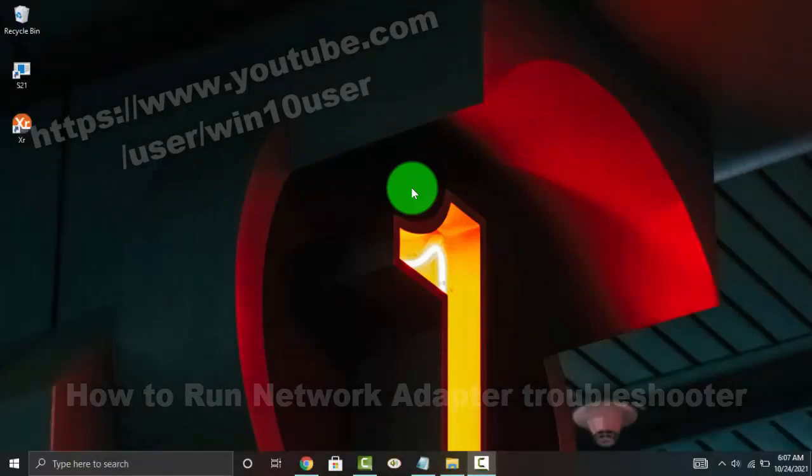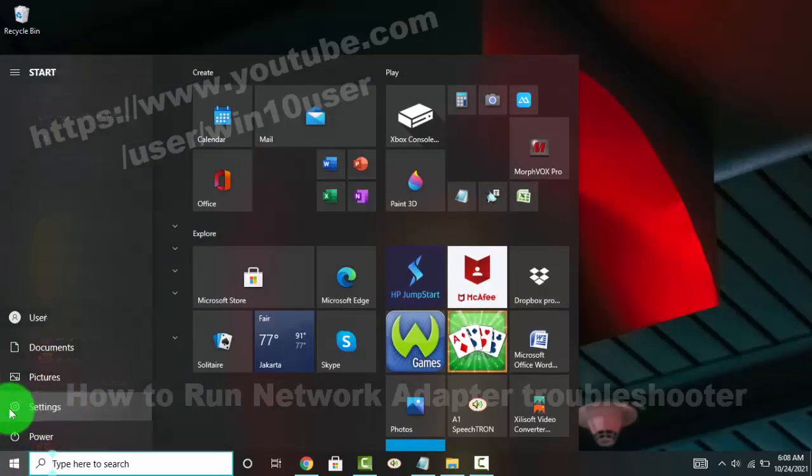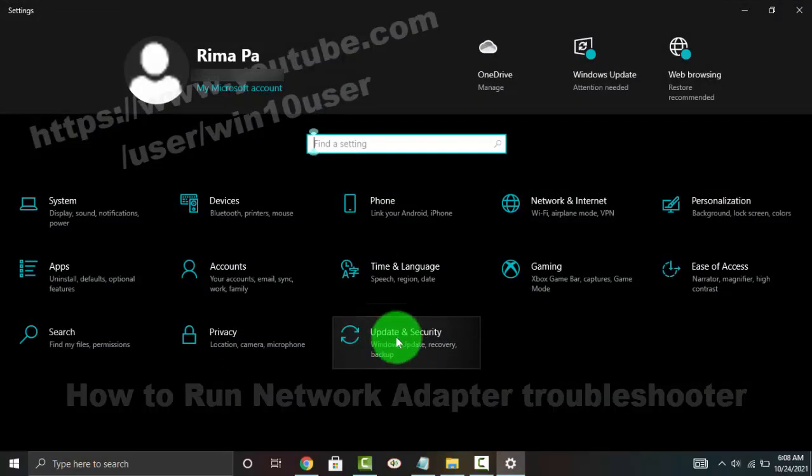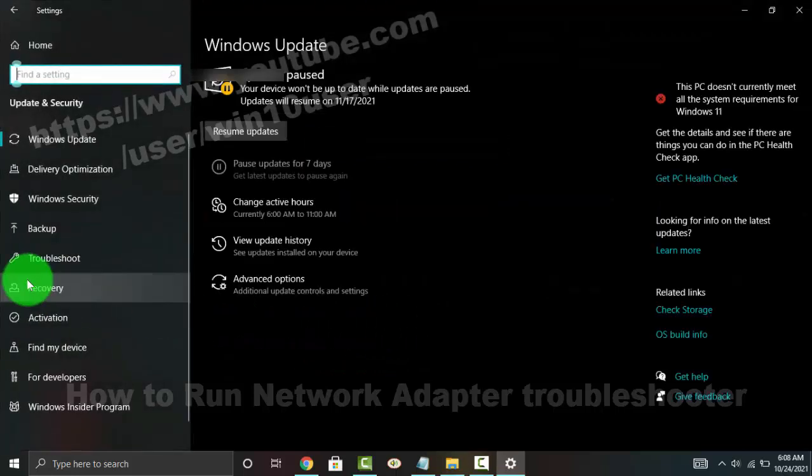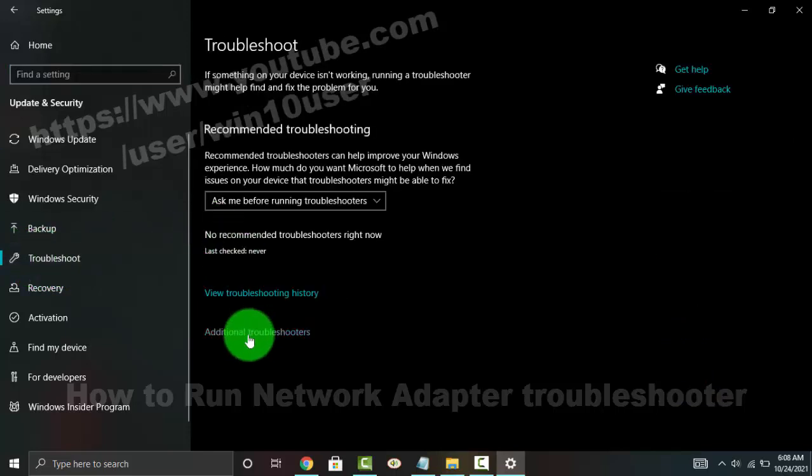To run the Network Adapter troubleshooter in Windows 10 Home, open Settings. Click or tap the Start menu icon, and then click or tap Settings. Select Update and Security, and then click or tap Troubleshoot. Select Additional Troubleshooters,